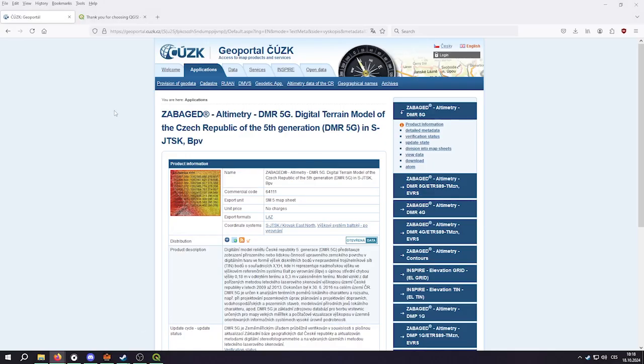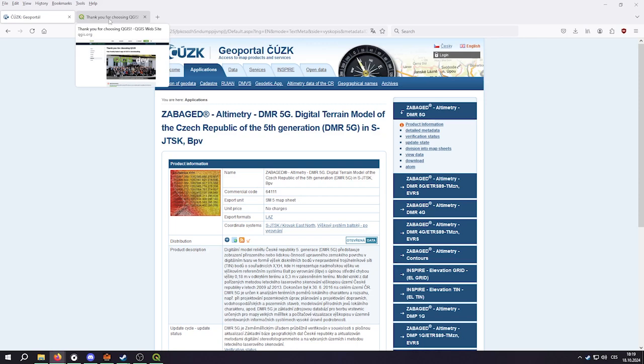The first thing you will need is your source data. In my case, it was the Czech Republic. So I found the site where they provide this data for free. I wanted accurate data, so I went for the LiDAR point cloud, which also captures the buildings, which can be a problem later, but this data is more precise than normal data. So you will download it. In my case, I downloaded it in format .las,